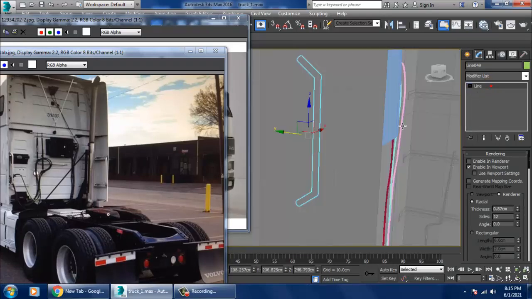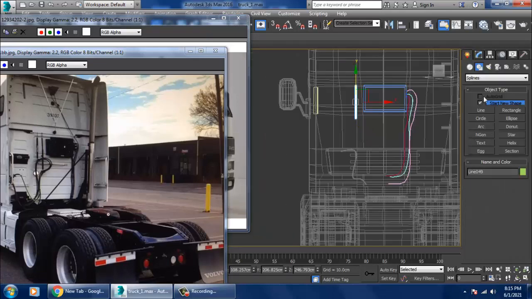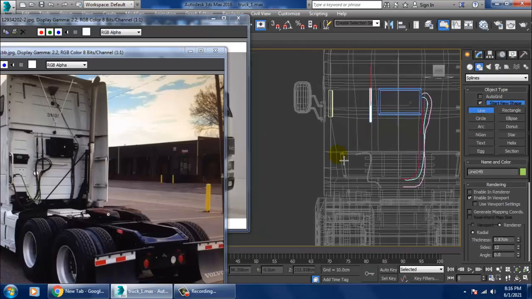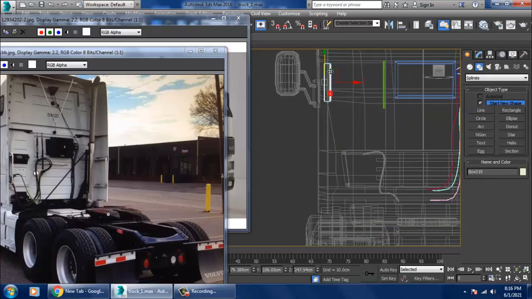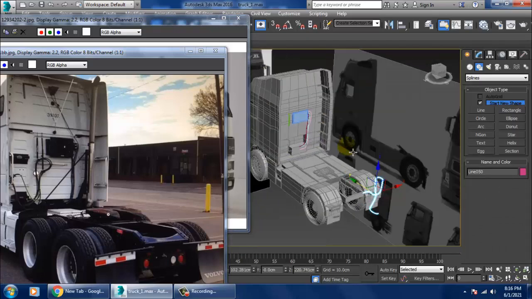After that, again take a line tool over here, select this, slightly shuffle this down, take a line tool. So we can utilize this in this way.